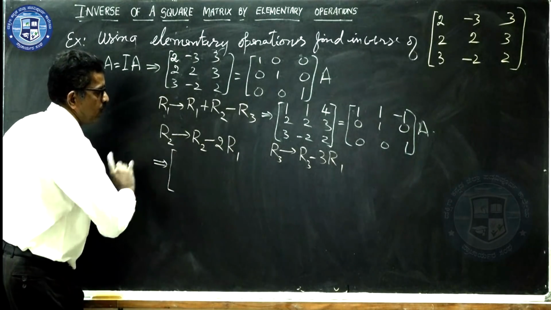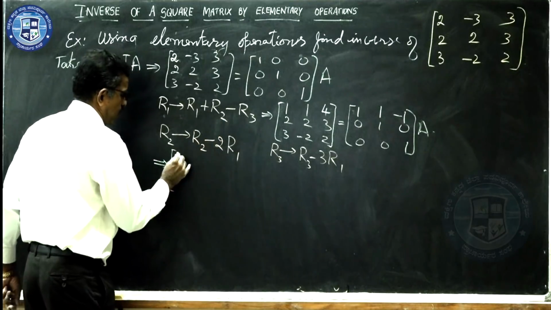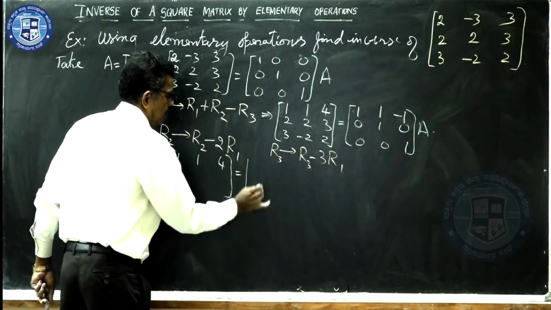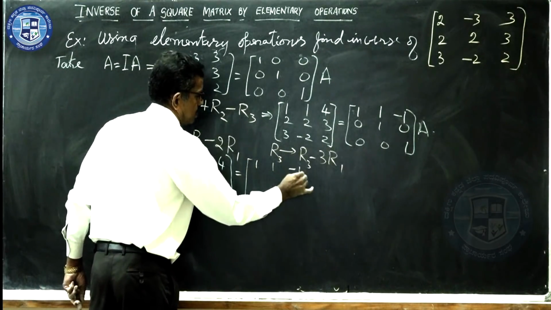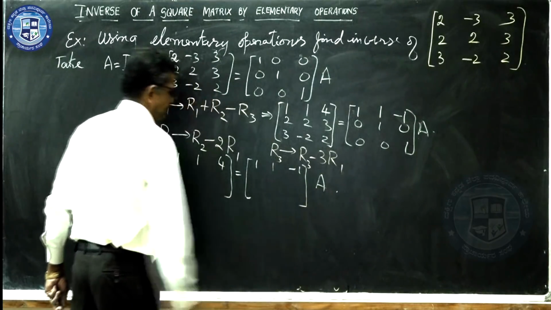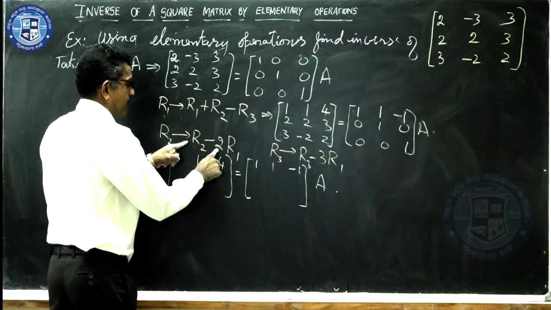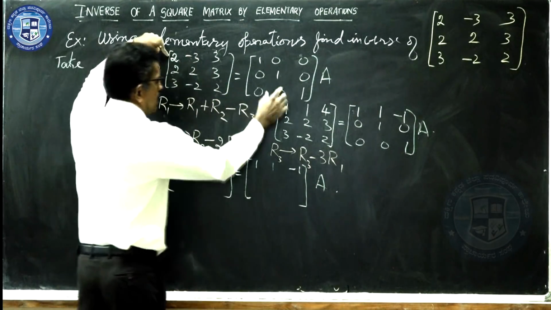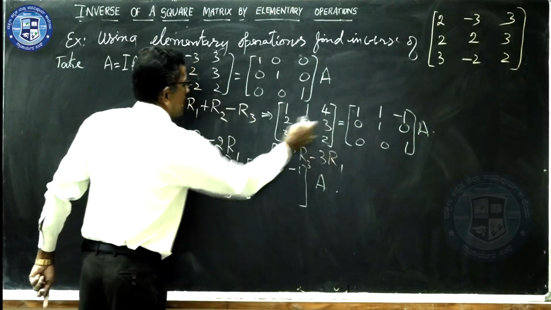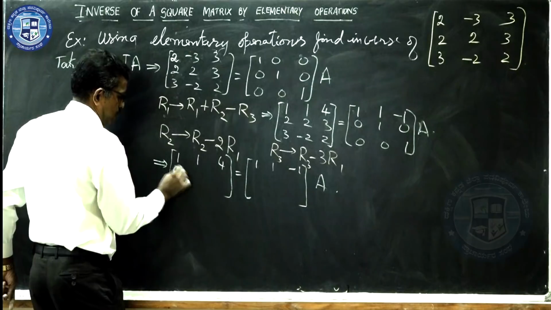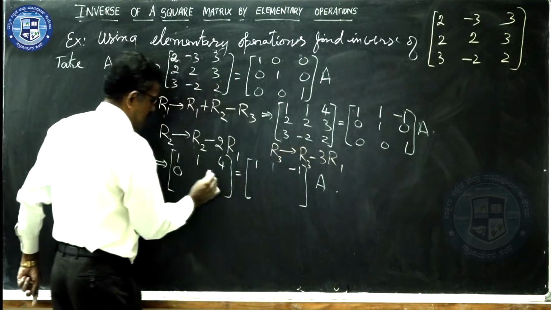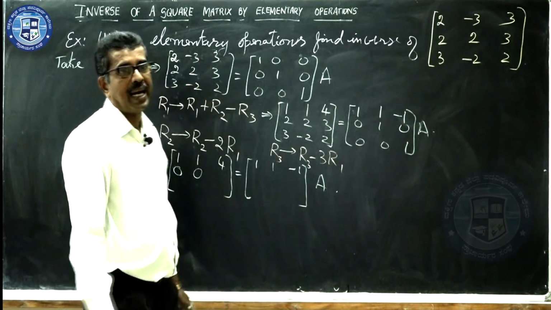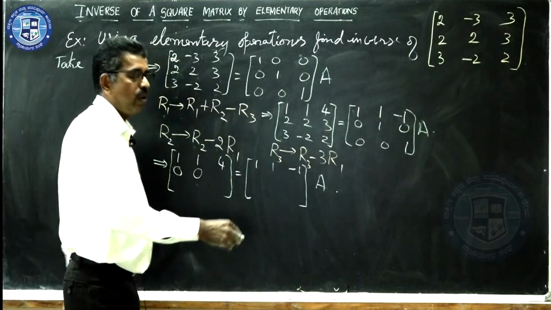Please concentrate properly now. I am not going to change first row. Therefore, first row I will write as it is. No changes in first row, right hand side also no changes in first row, into A. Now here second row is changed. R2 minus 2 times, sorry, just this one, previous one. R2 minus 2 times. What is 2 minus 2? That will be 0. What is this 2 minus 2? Also will be 0. What is this minus 2 times? What is 3 minus 8? 3 minus 8 will be minus 5.